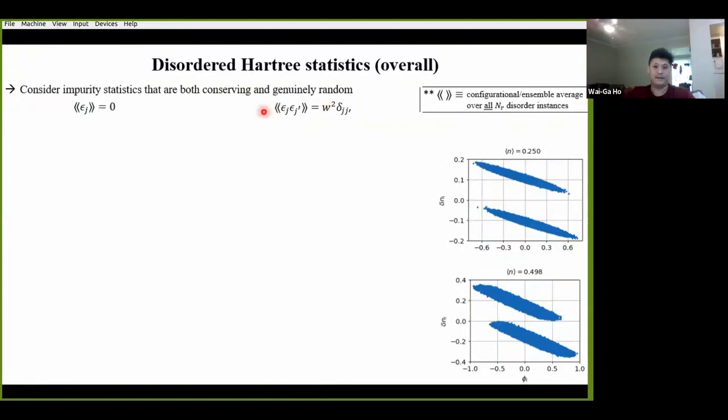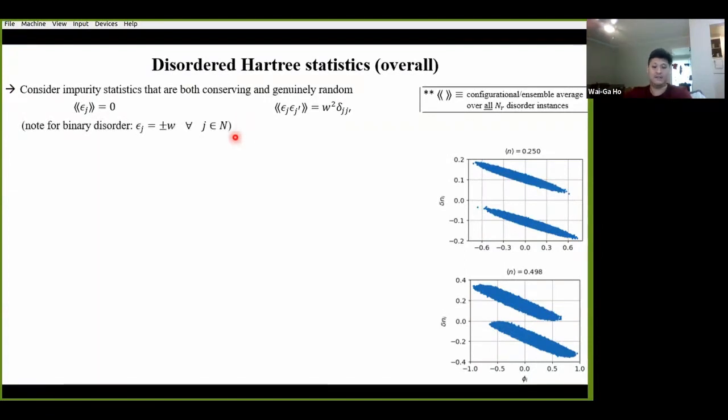And we'll also stipulate that the disorder is truly random, such that the intersite correlator is diagonal, right? So this just means that the impurity statistics of different sites, J and J prime, are strictly independent from one another. And we're also using this W as our general measure of disorder strength. Now, I just want to point out that I haven't said any more particular details regarding the underlying impurity statistics. All I'm telling you is what these expectation values are. Therefore, what we're about to run through should be pretty general and hold for an unspecified distribution of impurities as long as they satisfy these general conditions.